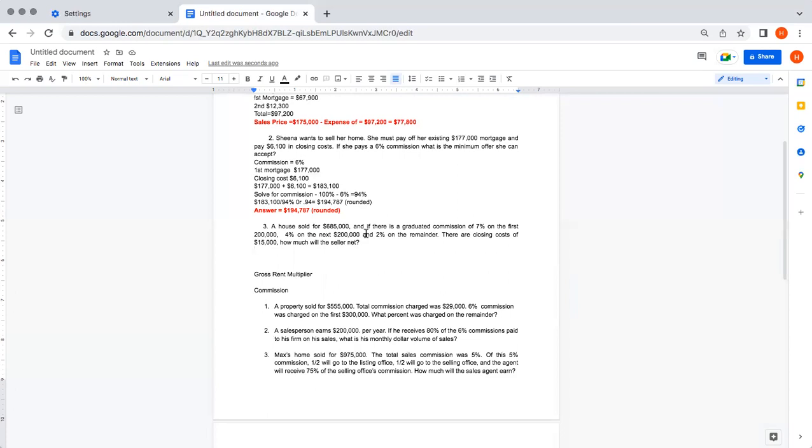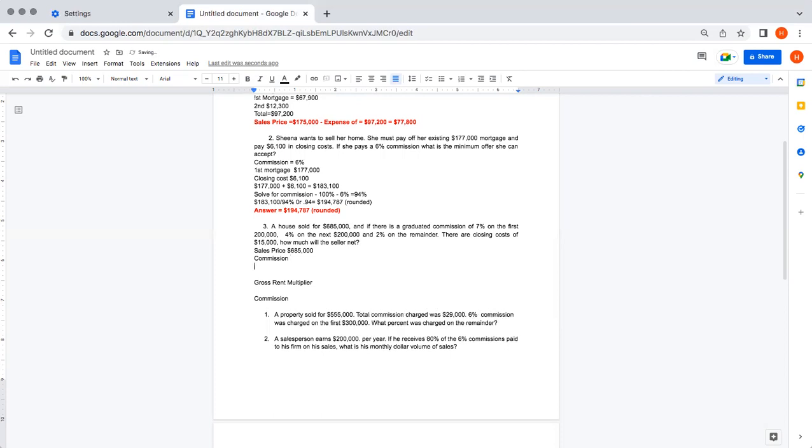All right, so the first thing we want to do is write down the sales price, so we can remember what that is. So that's 685,000. Let me put price back here. All right, so we know that. And then we're going to write down the commission tiers, if you will. So the first tier is the 7%. So the first 200,000 at 7%